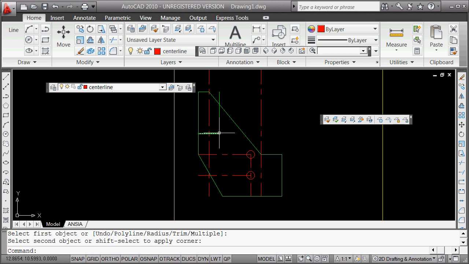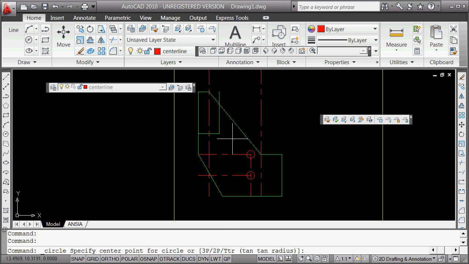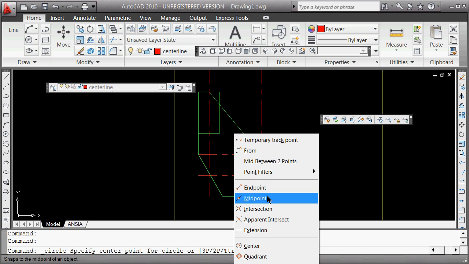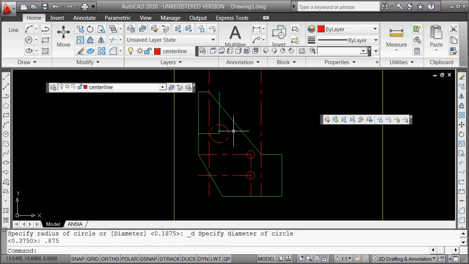That circle has a diameter of 0.875. So what am I going to do? I'm going to go to here, center diameter, shift right click to the intersection, and then give it a diameter of 0.875. That's one circle here. The last one is a couple of offsets. It is an offset of 0.875 and a diameter of